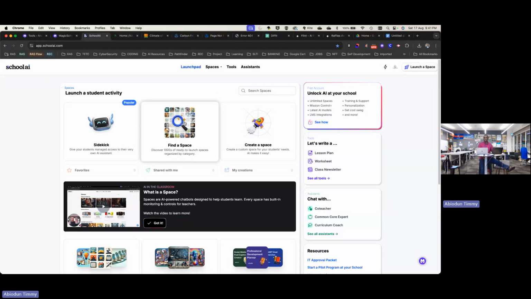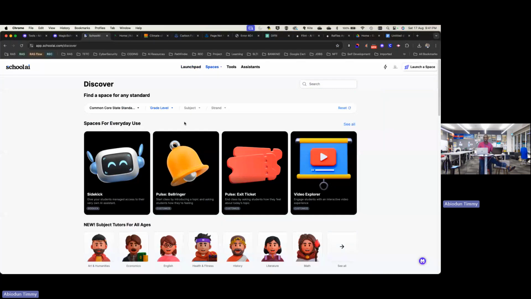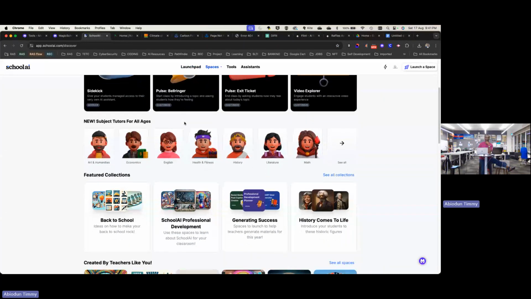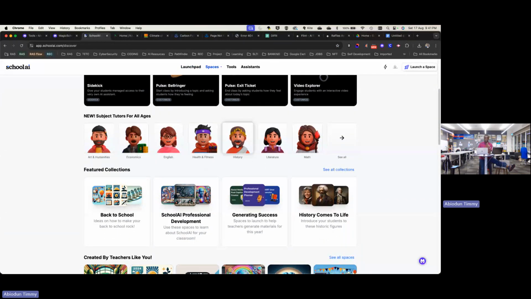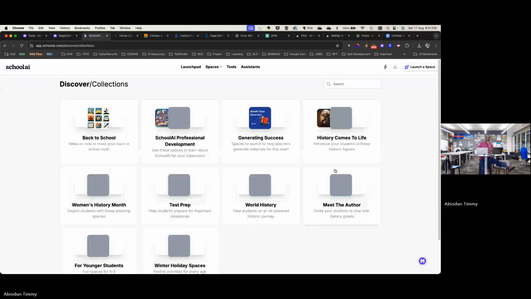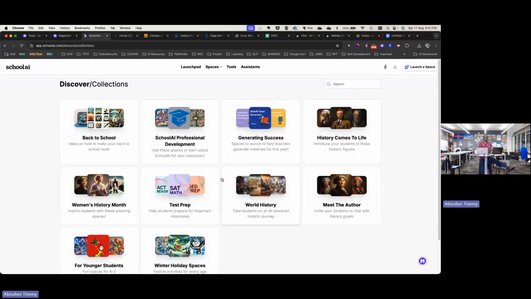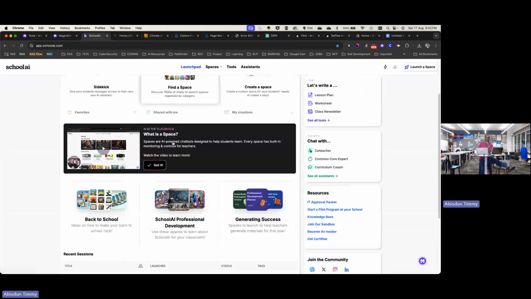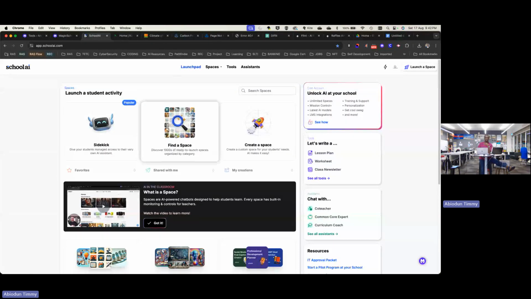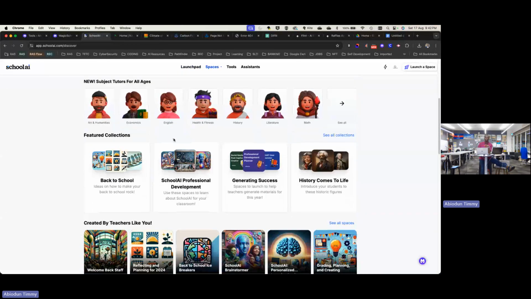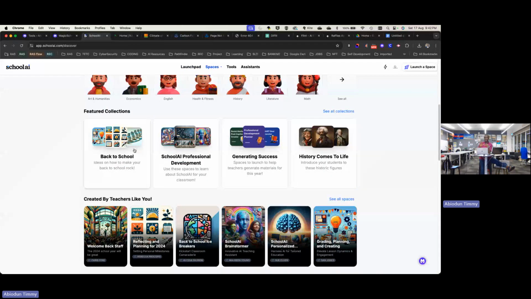So you can find spaces. When you click on find spaces, you'll see English, health, history, literature, maths. You can see the collections. So these spaces are generic. They have been created by the platform. Then you will see an area that is called teacher educator generated spaces. Let me just go back to find spaces. So featured collections are designed by School AI themselves. You might not be able to edit those,